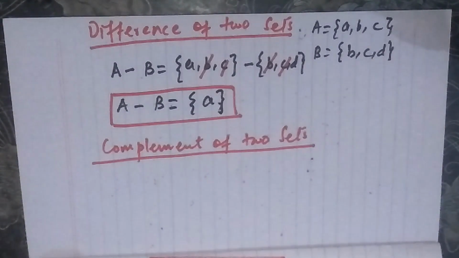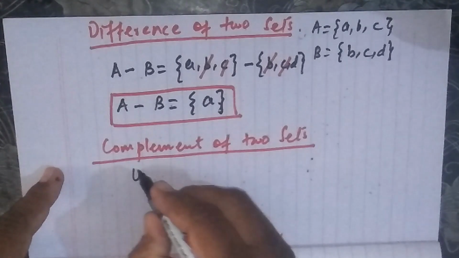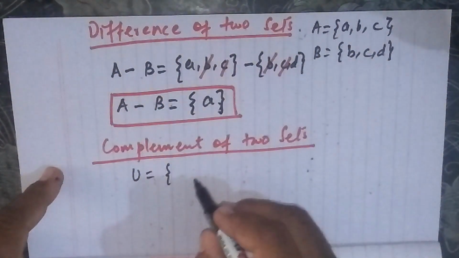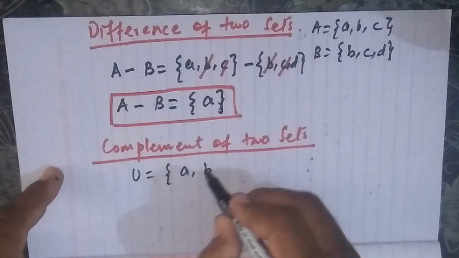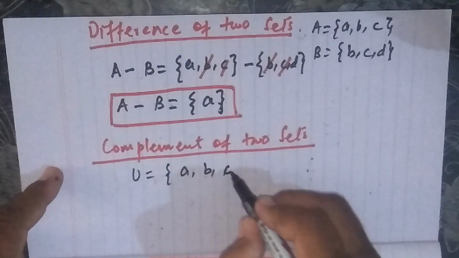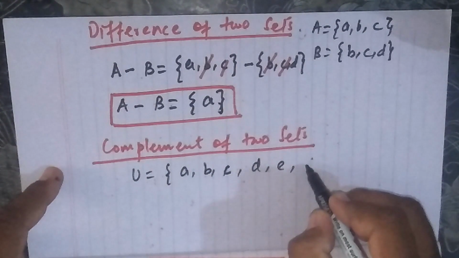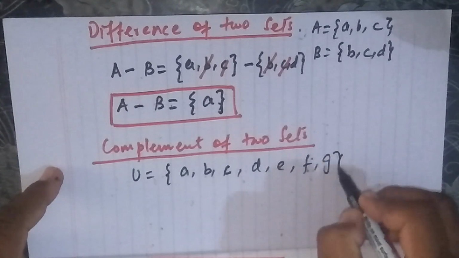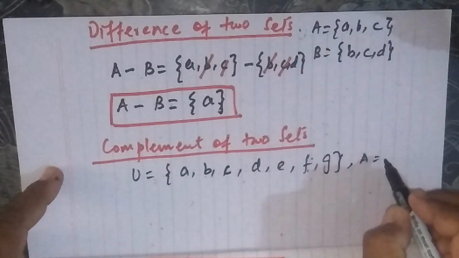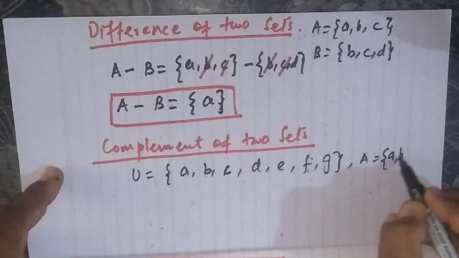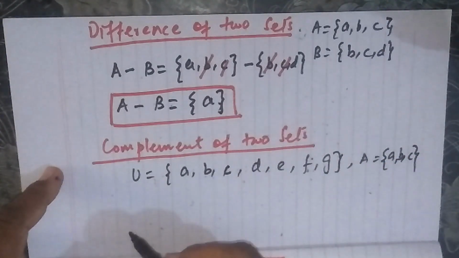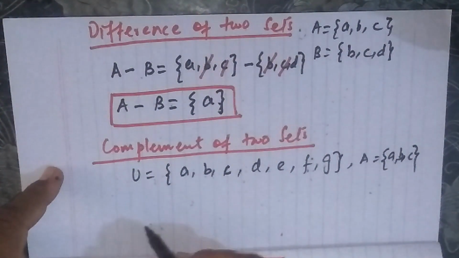For example, if we have a universal set U equal to, say, A, B, C, D, E, F, G, and set A is equal to A, B, and C, then the complement of set A